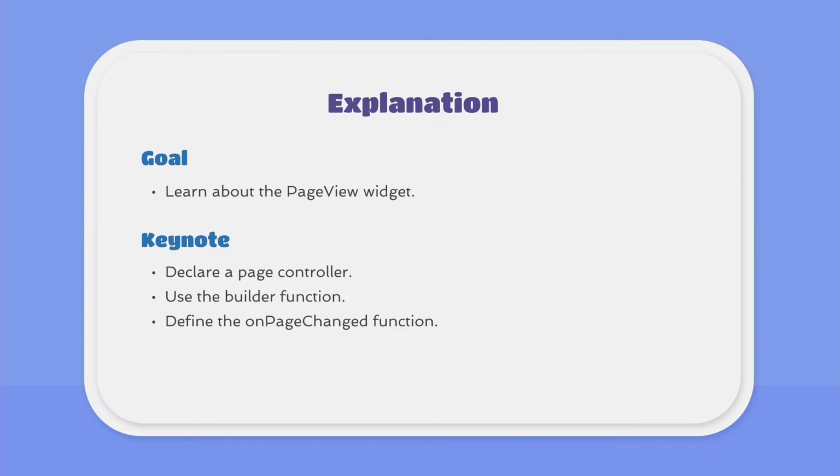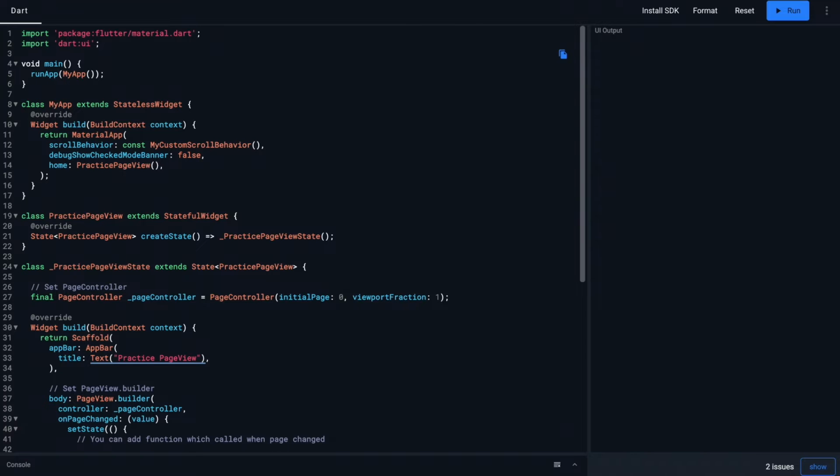Now, let's get started. Today we are going to learn about the PageView widget. A PageView is a widget that can implement multiple pages on one screen. If we think of PageView as a book, it's easy to understand. Typically, one page is implemented on one screen, but we can implement this widget to pass multiple pages like a